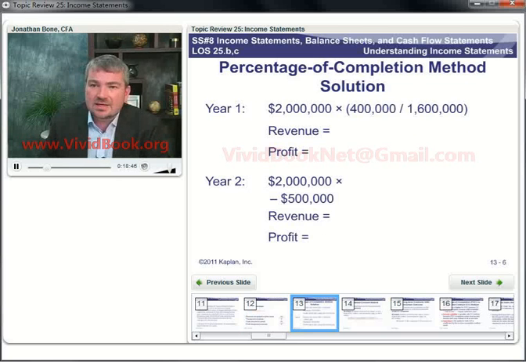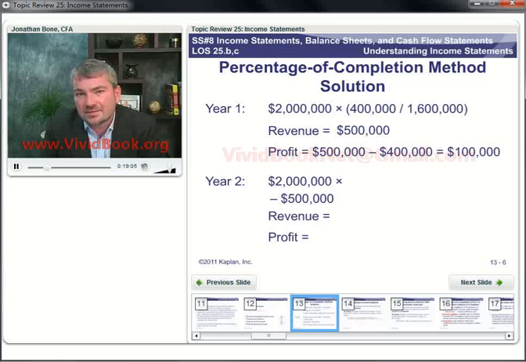So, essentially in year one, we're taking our $2 million, multiplying by 4 over 16 to get a revenue figure of $500,000. In order to get our profit, we just need to take the sales figure, $500,000, deduct the cost incurred in the year of $400,000, and we've got a profit of $100,000. Okay, in year two, we're going to take our $2 million contracted sales price, and we're going to multiply it